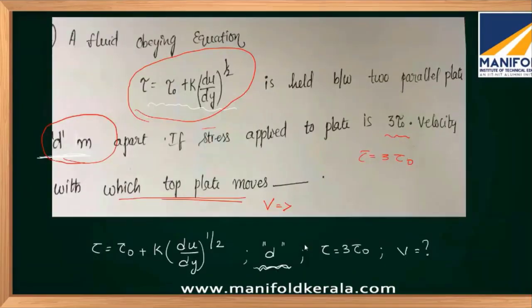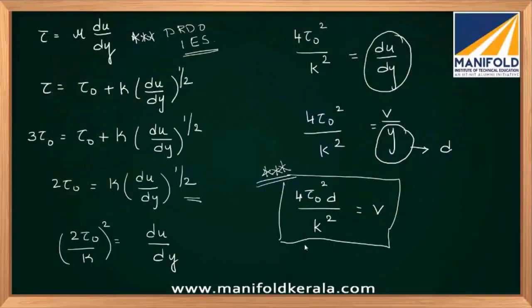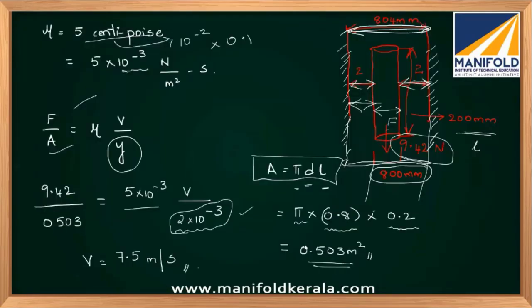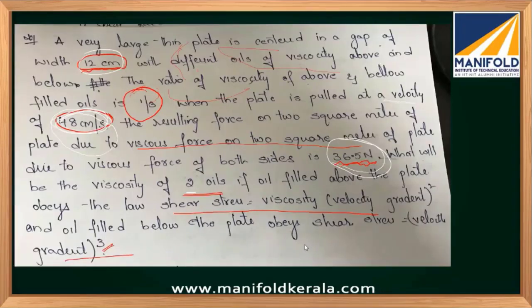The next question was where the fluid was flowing between 2 parallel plates. Some shear stress is applied, and he asked to find out the velocity. Next question was some piston and cylinder arrangement. He's asking again to find out the velocity. All this will be sent to you in terms of notes. This question was a bit confusing to you people. I'll send this question again in WhatsApp or mails for you people. Read the question properly. A very easy question.